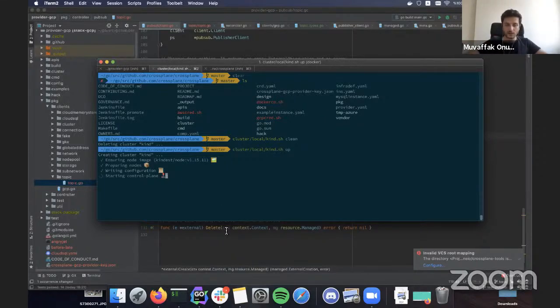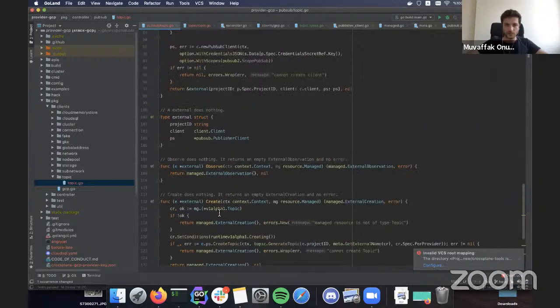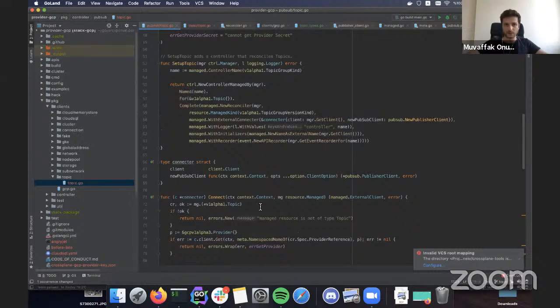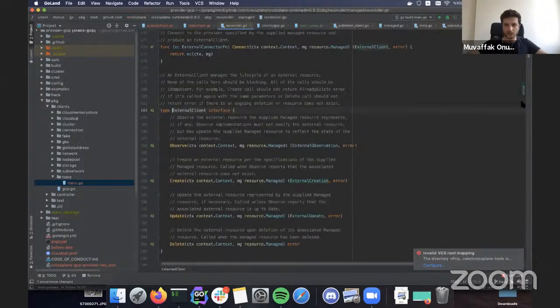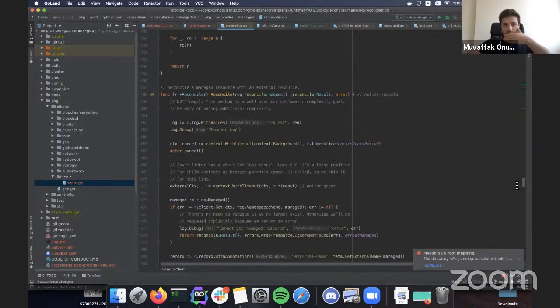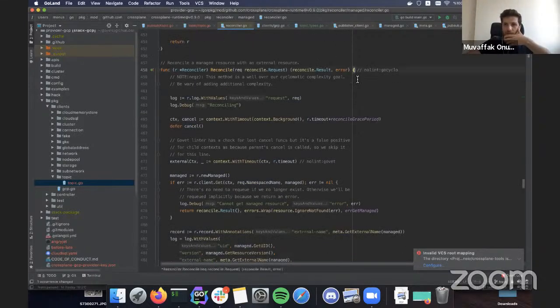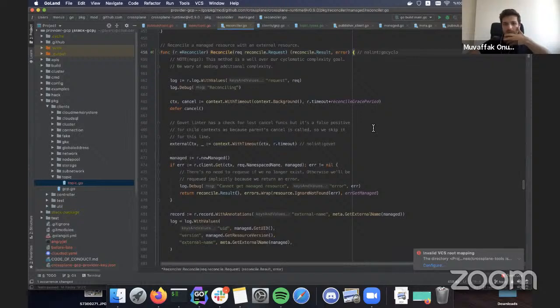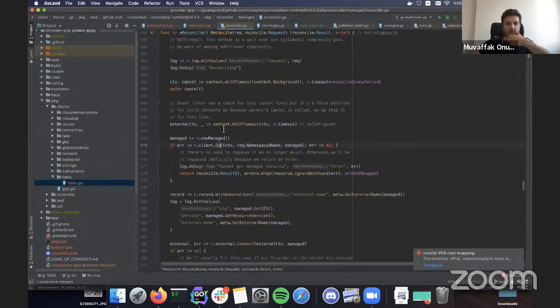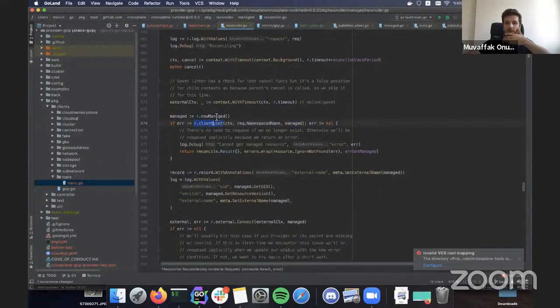So meanwhile, we can just look at what's going to happen. The external client, so this reconciler that we initiated, is the reconcile loop that will run on each event. What happens is that we call the get here from the Kubernetes API to get the managed resource.